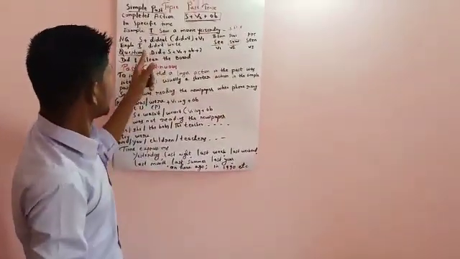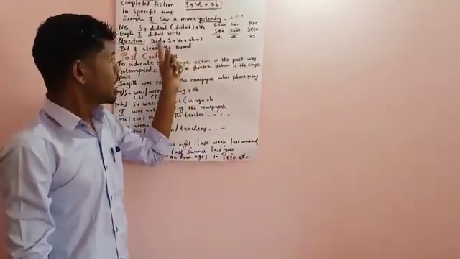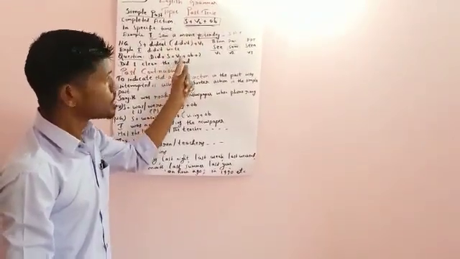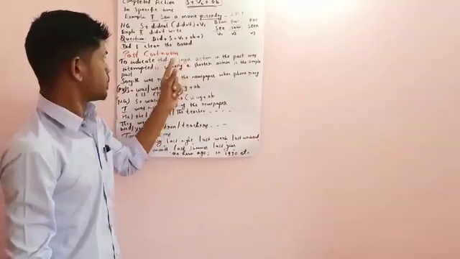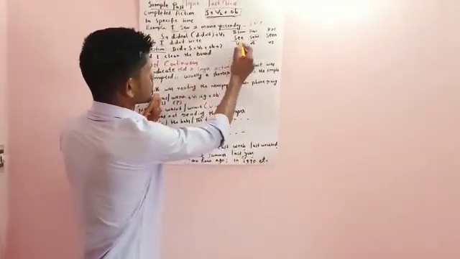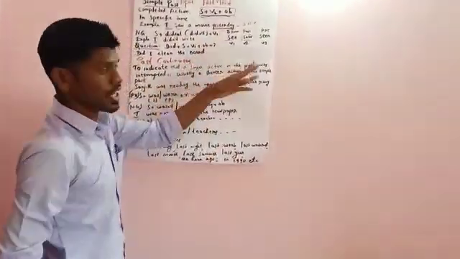See here. I didn't write my homework. I did not complete my homework. I did not learn the question answer. I did not know the structure for simple past negative. So likewise you have to keep in your mind: first the subject, then did not, then V1, that is the base form, then the object.